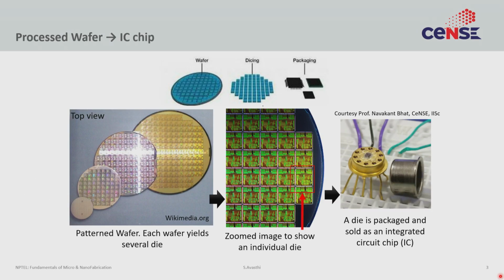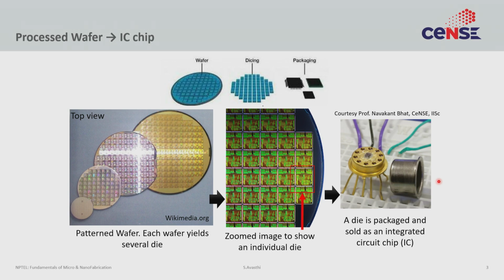Okay. So what is process integration? Again, this is a slide from that first lecture. Process integration refers to the fact that what you end up with is what you call a wafer, right? And this wafer is a sort of patterned wafer. After say 50, 60 or 100 steps, you have deposited, etched, patterned several different layers, and you have ended up with this wafer. But this is still not a device. Then it needs to be cut into individual dies. Then the individual dies are packaged into one packaged device, and this packaged device is then put in a circuit, and that is what the eventual person uses.